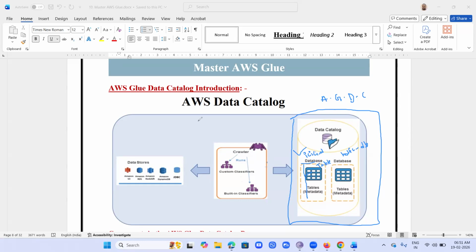Next one, we have a crawler. The crawler's responsibility is connecting to sources. First source S3, next source RDS, next source Redshift, next source DynamoDB, next any source which can be connected through